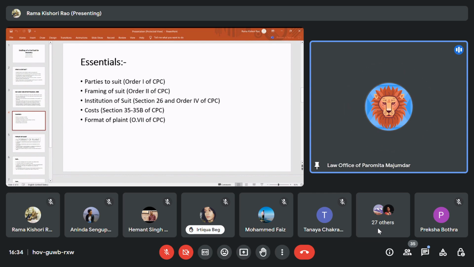Okay, so some of the essentials of a plaint, of a suit, are: first you need to see who all are the parties. Okay, your client, against how many parties are there, how many defendants, one, two, three, four, n number, there can be n number of defendants. If there are many defendants, you need to see whether all of them need to be made parties or some of them. Now that's again dealt under the separate chapter of joinder and misjoinder under the CPC only. So that basically prescribes the definition of proper party and necessary party.